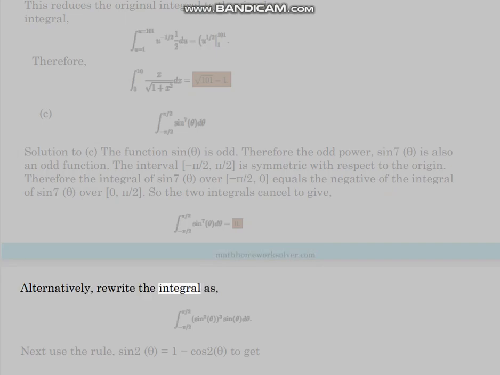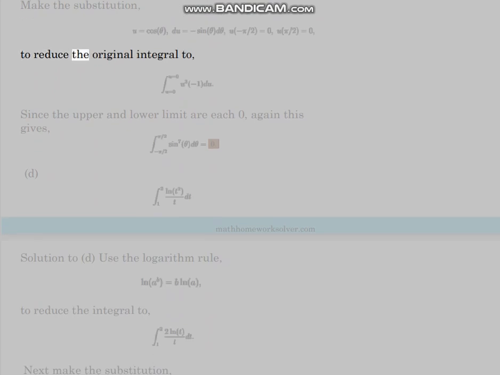Alternatively, rewrite the integral as. Next use the rule sin² theta equals 1 minus cos² theta, to make the substitution, to reduce the original integral to. Since the upper and lower limits are each 0, again this gives